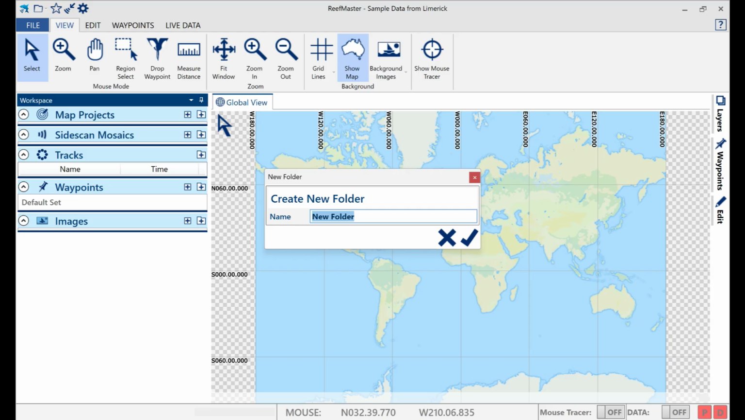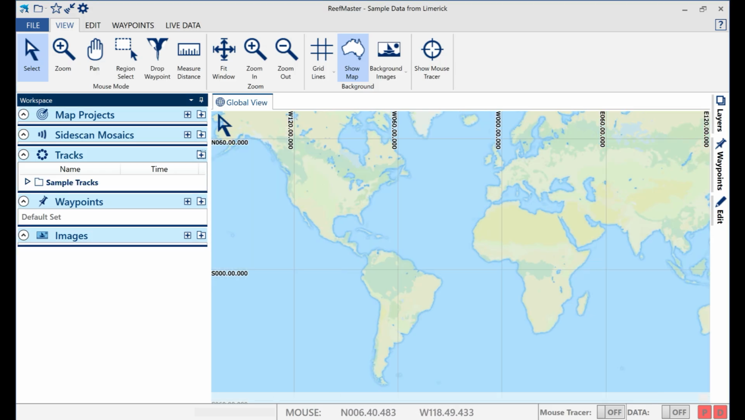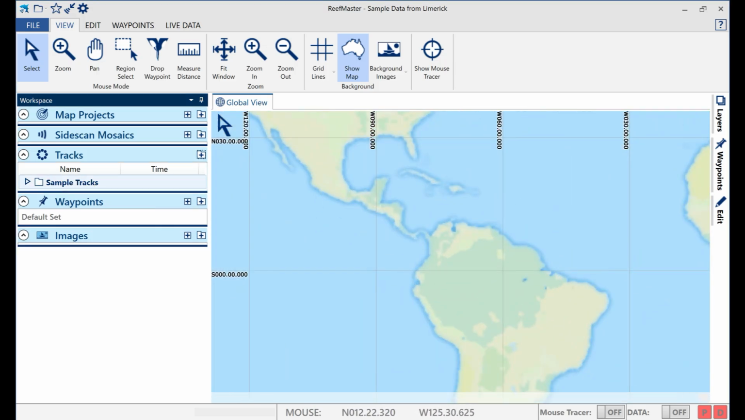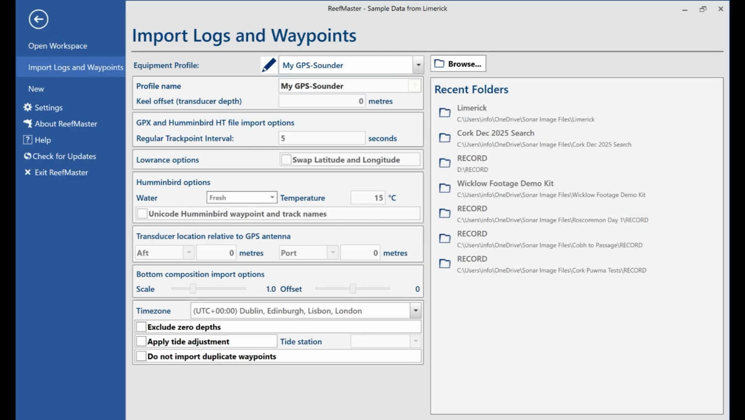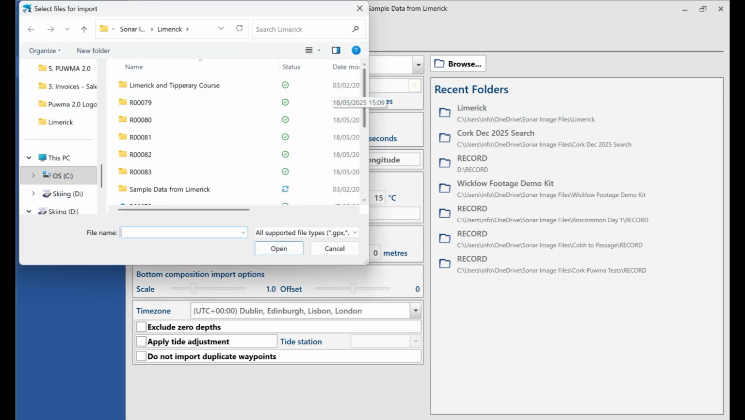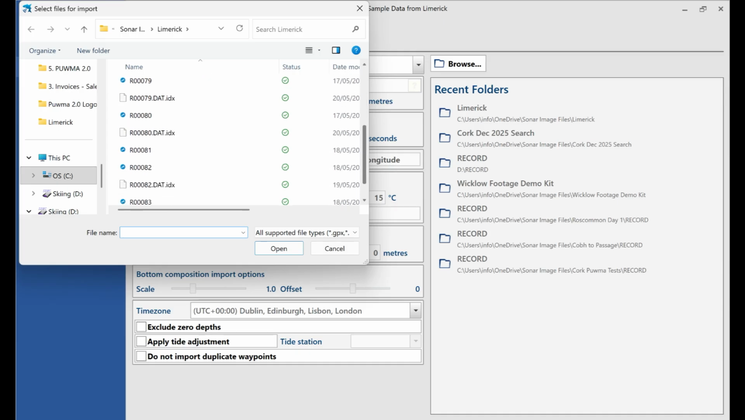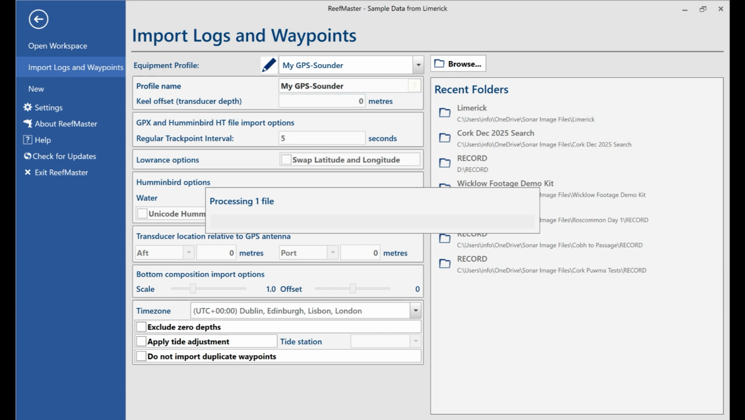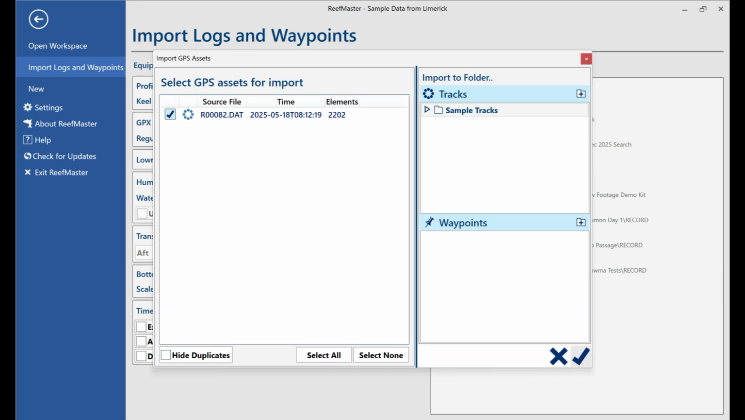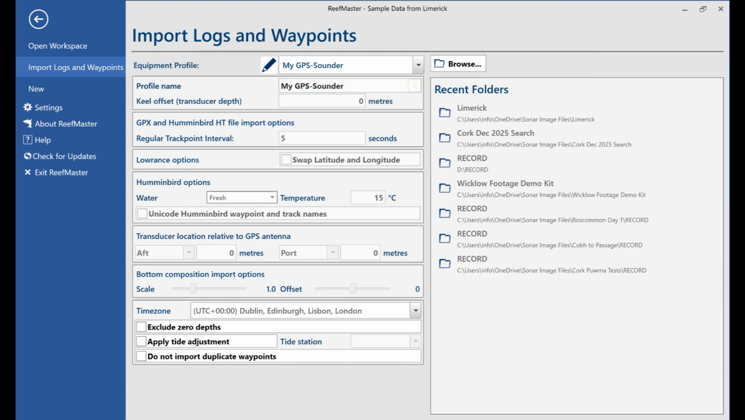So first thing we're going to do is create a new folder here. We're going to call it the sample tracks. And inside that sample tracks folder then we're going to actually load one of the raw data files. So the file that we're looking at here is inside the Limerick folder, and we have folders tied to each file type. So it's the file type that we need to select. So we're selecting R0082, and this will load up the track data and also the sonar data, the sidescan data,